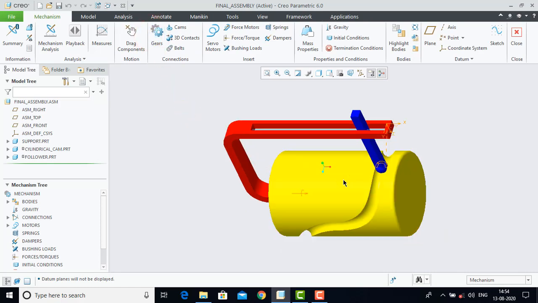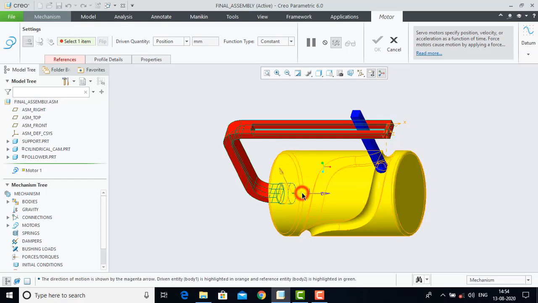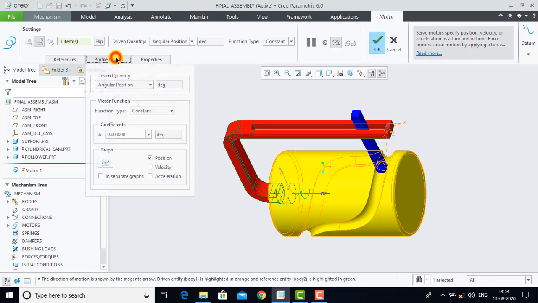Now here we have to apply the motor for the cylindrical cam because it will rotate about this pin joint. To apply the motor, we'll go for the servo motors and then we have to select here this pin joint option over here. So we select here this connection. Now from the profile detail, we have to apply here angular motion. So from this drop down, we select here angular velocity.